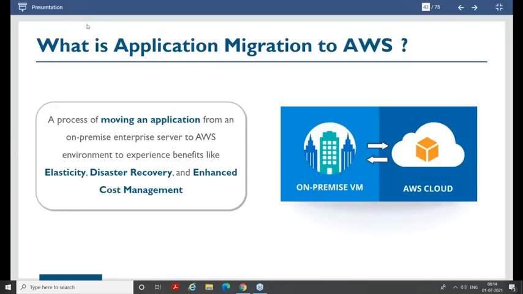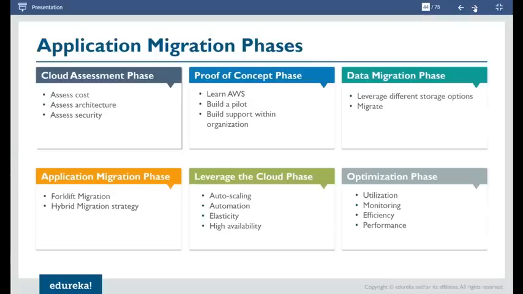Let's move forward. Application migration to AWS is nothing but moving your application from on-premises and hosting it on cloud so that you can have better performance, agility, and deliverables. Application migration phases are slightly different from infra migration, where there were just three phases: pre-migration, migration, and post-migration. Here, first is the cloud assessment phase.